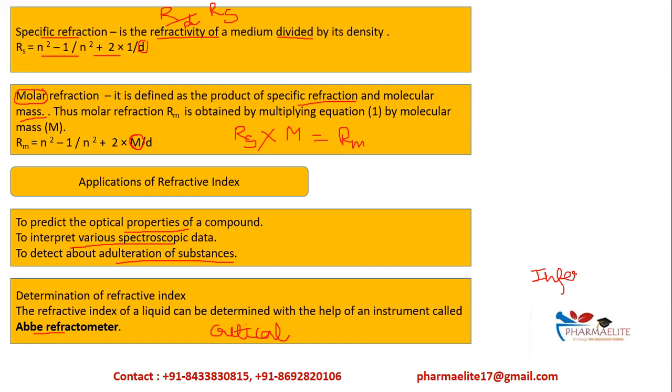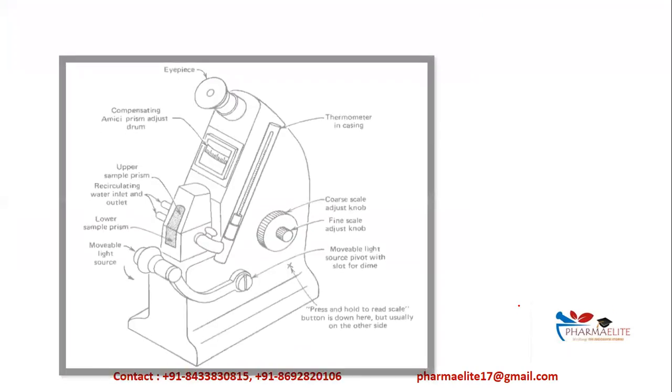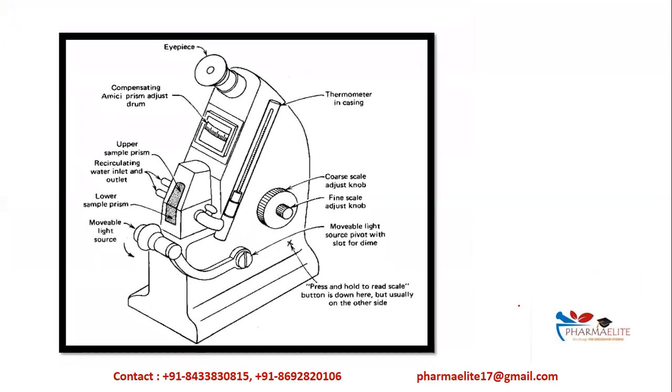Also, there is another instrument called an interferometer, which uses interference phenomena. It tests the interference phenomena which occurs and finds out the refractive index, but more important is the Abbe type of refractometer. Now, what is this Abbe refractometer? Just an overview, you don't have to go into details of it.